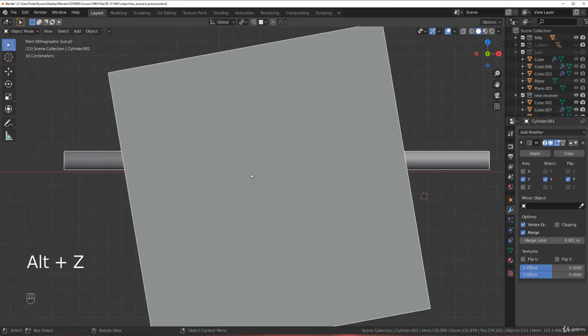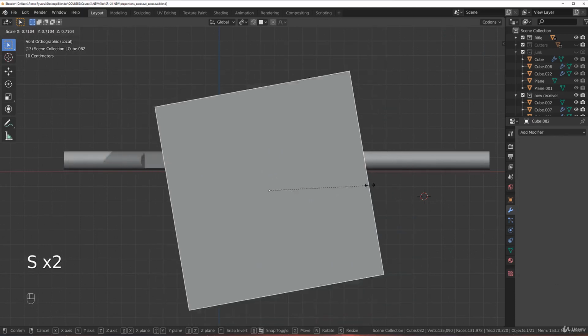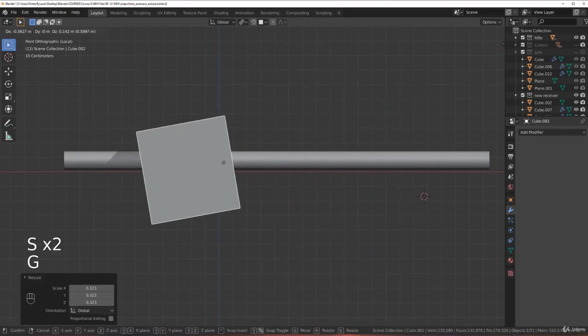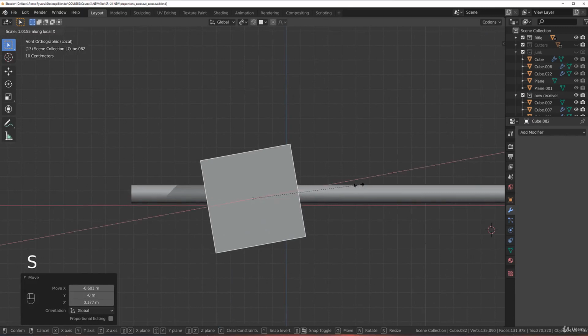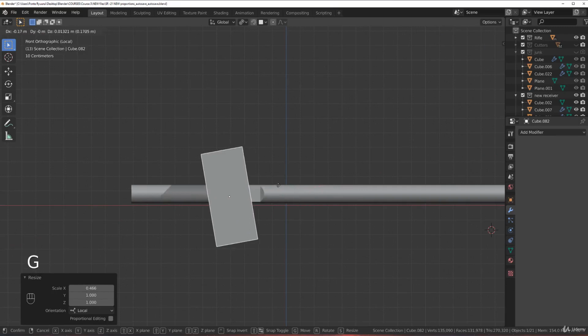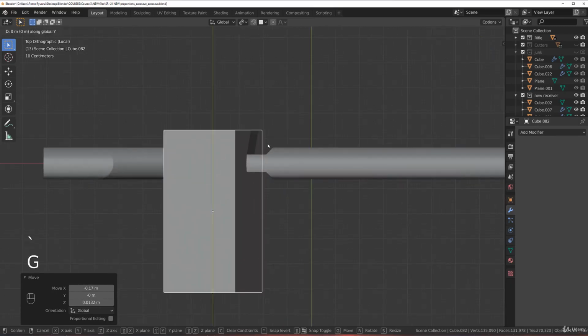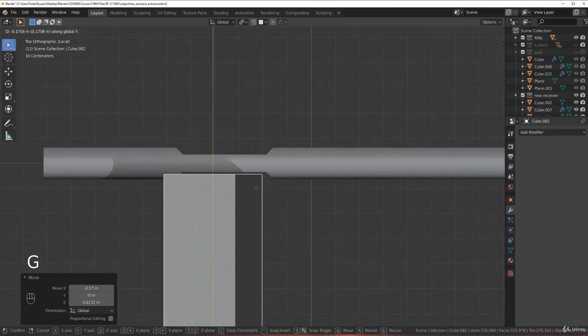And what we're gonna do is let's just make it smaller because this cube is just huge. And we're gonna cut it in here, right? So let's make it narrower. So SXX to scale it and move it in here. Go to top view and GY and move it in here, and more or less the same length,